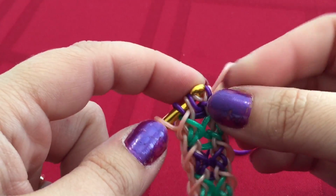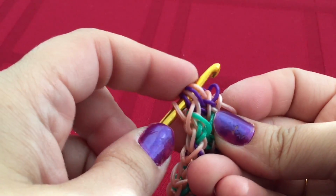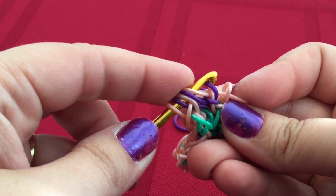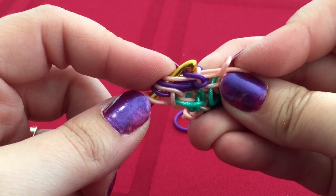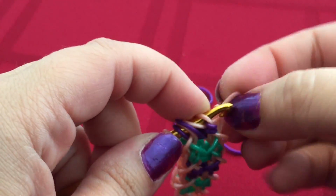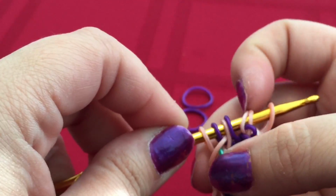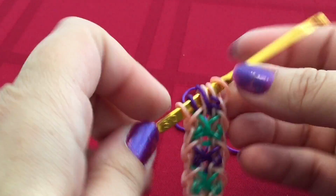go through the last 3, and then again that center one, we take it up and over band 1, reclaim band 1, and then just close it up. So we go to the other side